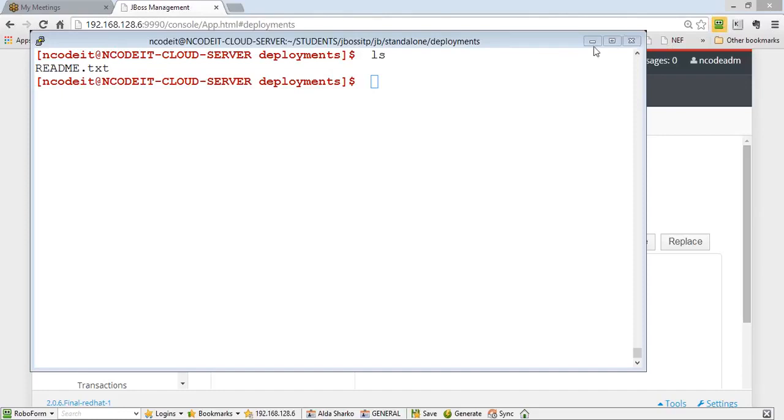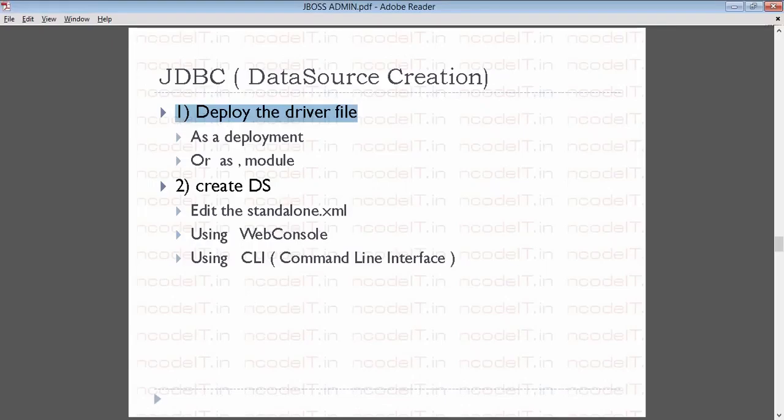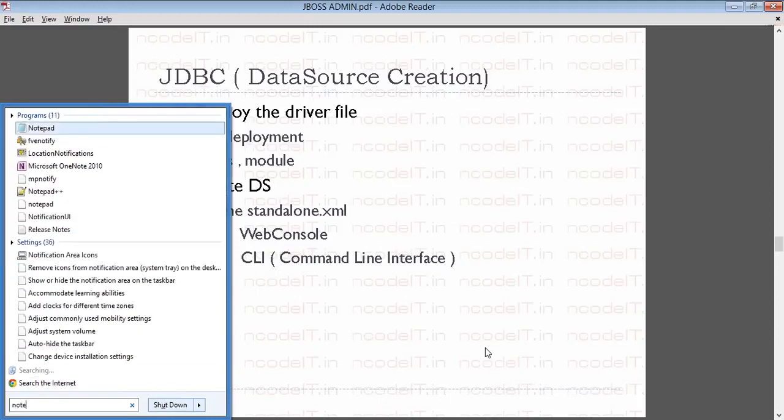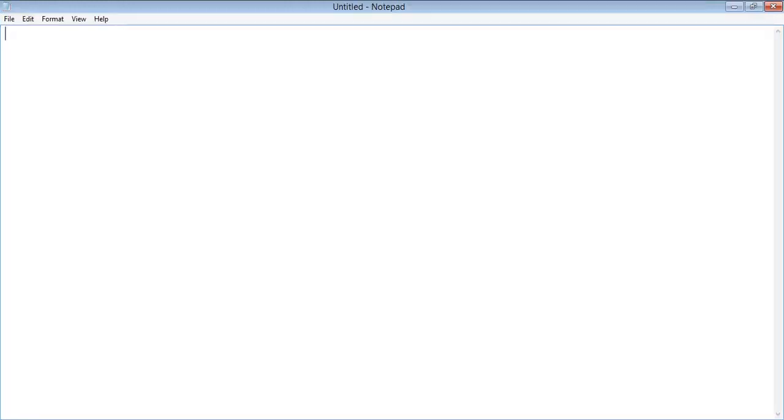Okay guys, let's go ahead and create a data source. We're going to see how to create a data source. Now the data source creation is a pretty simple step that we're going to follow. Now normally when you create a data source in